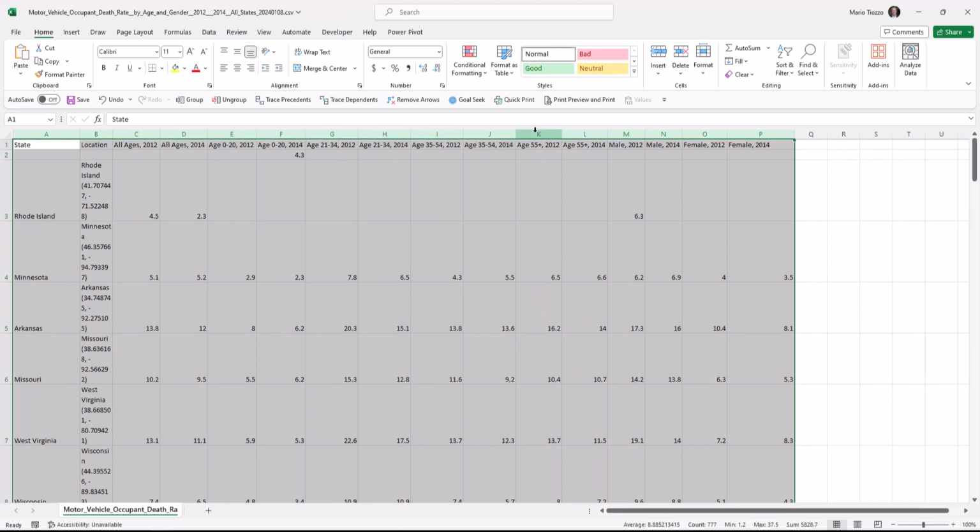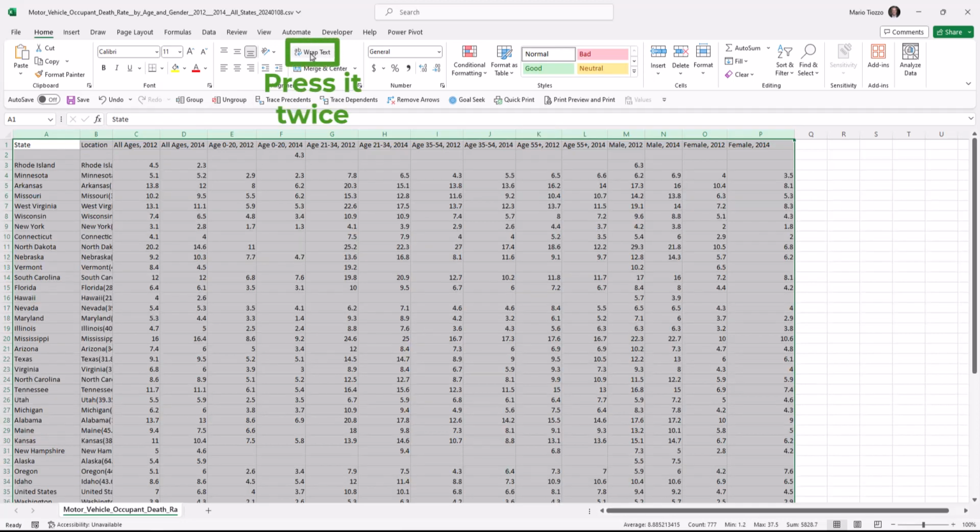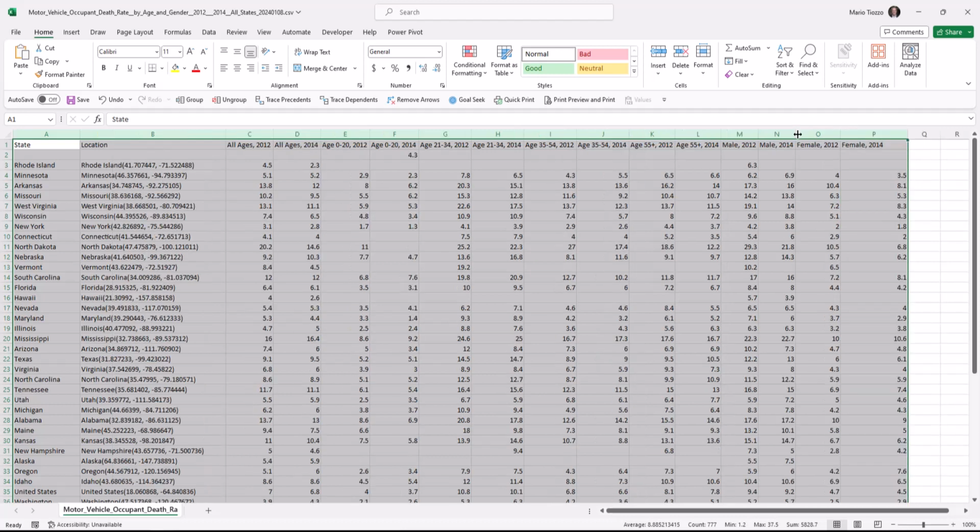It looks like my data set has some wrapped text in it. Notice in cell B3, Rhode Island is all squished within a smaller box. That tells me that it's probably wrapped data. So I'm going to wrap and unwrap. That'll clear all the wrapping. Great. That makes it look a lot cleaner. I'm going to double click on the columns again now. There we go. Now we see the entire data.